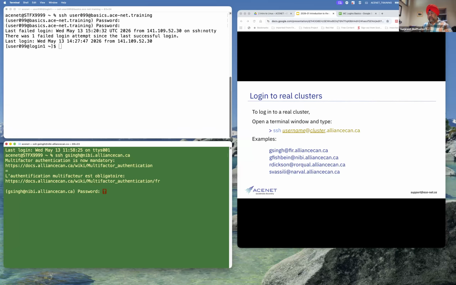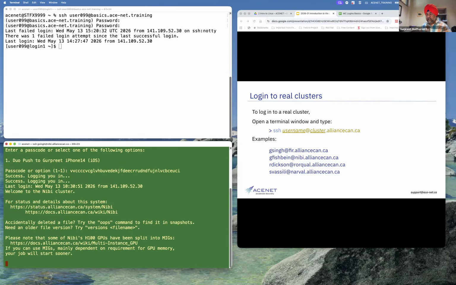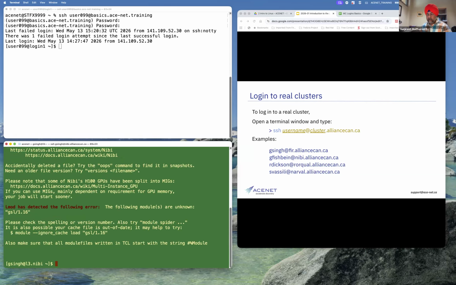If you do that, then it will ask you for the password. I'll enter my password. And also, you need to set up your two-factor authentication or multi-factor authentication if you want to log on to the national clusters. It won't allow you to log on without that. I have my MFA set up, and that's how I am logged on to the Nibi cluster now.